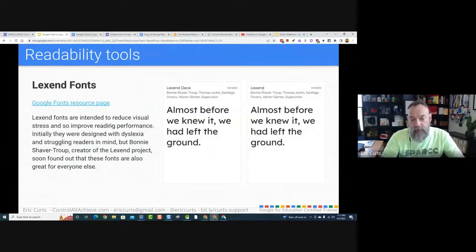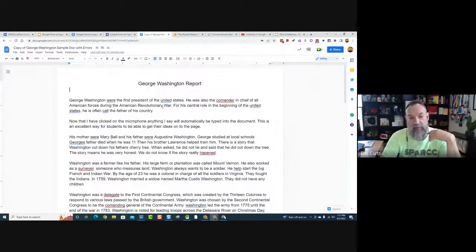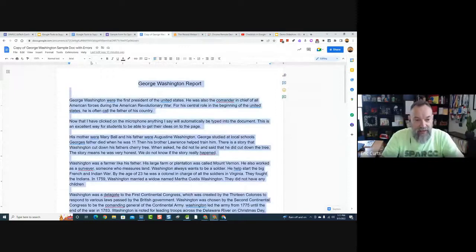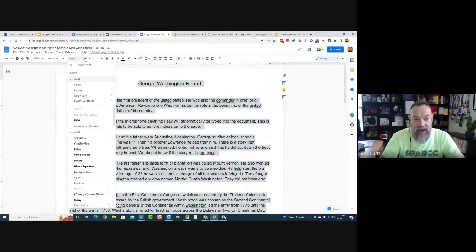Lexend was a font designed specifically for people with dyslexia or struggling readers to help improve reading performance and reduce visual stress. So I have started using the Lexend font in a lot of my stuff just because, well, hey, if that helps, great. So for example, if I go to my George Washington report and I select all my text and I go up to my font menu, I've already got Lexend